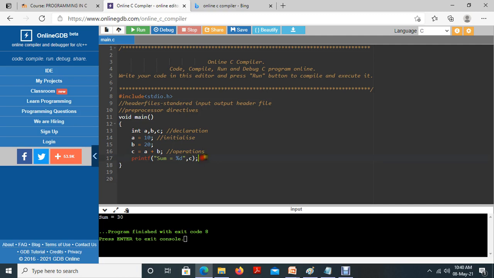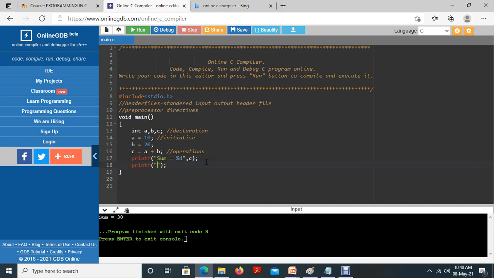Next I would like to print the value in an elaborative manner. printf, and inside this I have double quotes. If you mention all these things initially, then you don't need to worry about syntax errors.